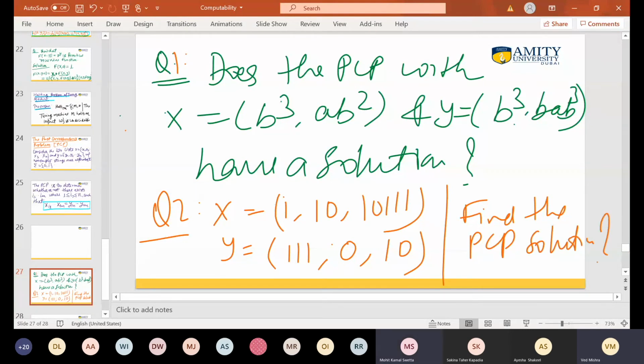Can you find it? I don't think the first one has a solution, does it? Yeah, there is a solution? Here x1 equal to y1, that's a solution. So it's not necessary to include all the elements like x1, x2. Generally, we should try, but here, if you are able to find exactly the same with one, you can take it. So here x1 is equal to y1, right? Yeah, x1 equal to y1. Okay.